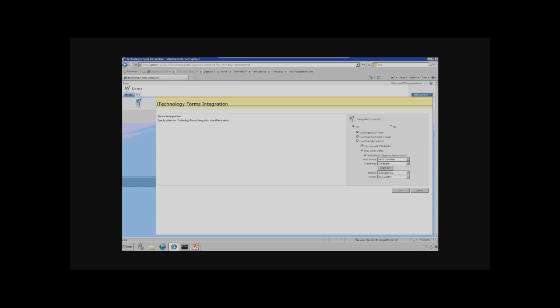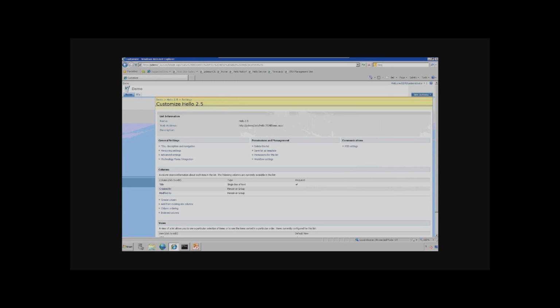For example, as an administrator, you can choose whether the form designers will be working with SharePoint fields or iTFA fields. And going even deeper, administrators can specify where the data schema for the form will be loaded from. It's again a web service, so administrators have to specify the web service and what parameter of this web service will be translated into the iTFA data model. But those settings are already down here, and let me just open